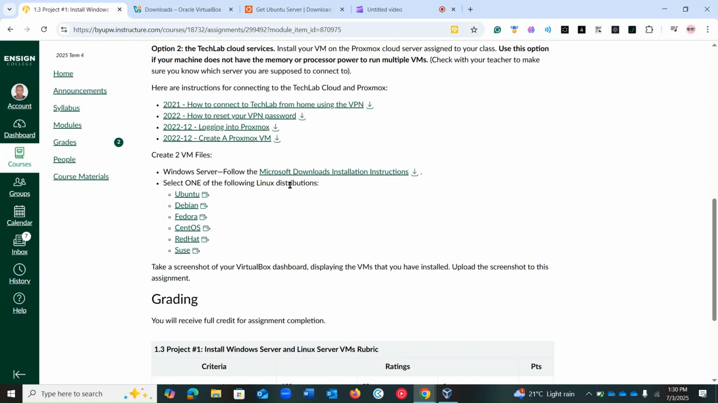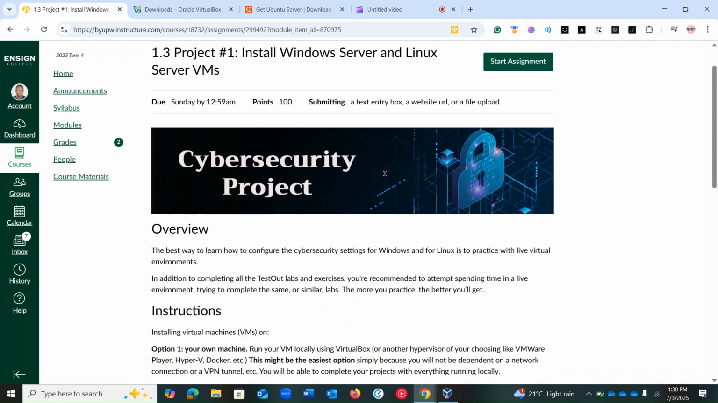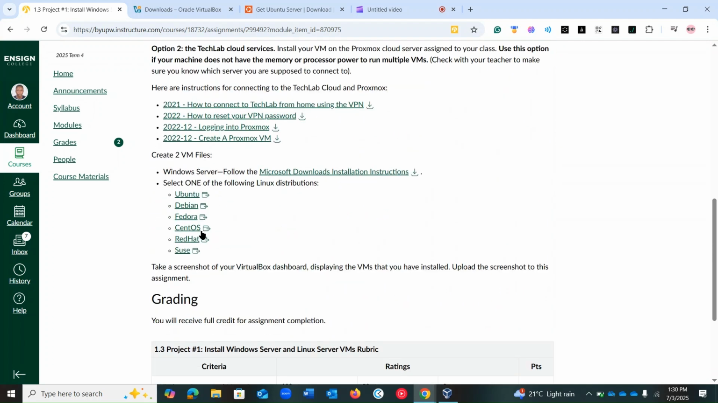Now you can see, I'm to select one of the following Linux distributions. I'm to select whether Ubuntu, Debian, Fedora, CentOS, Red Hat, etc. For me, I prefer Ubuntu because it's beginner friendly and also it has a whole lot of cool stuff which you're going to be seeing in coming weeks. So that is that, but I already did that. I already downloaded the Ubuntu